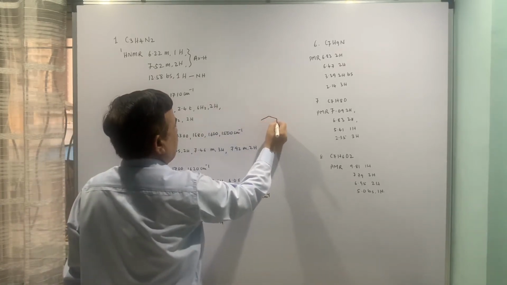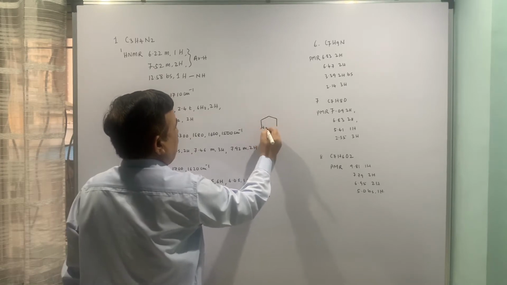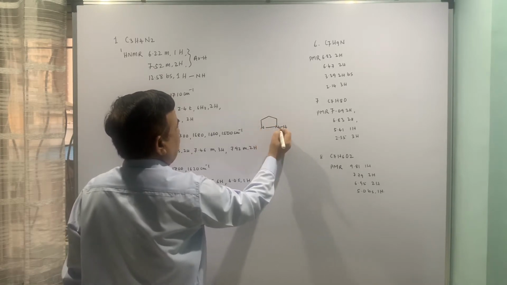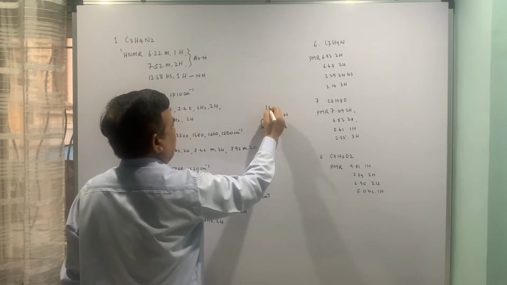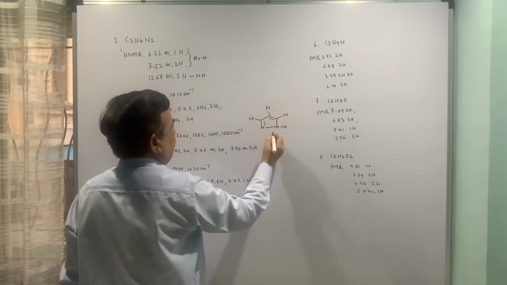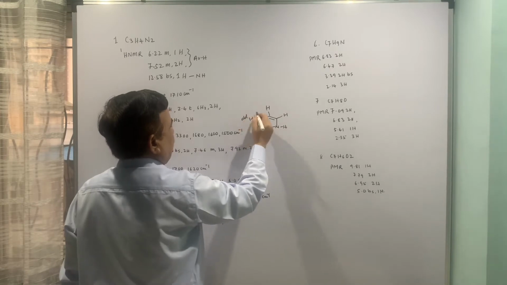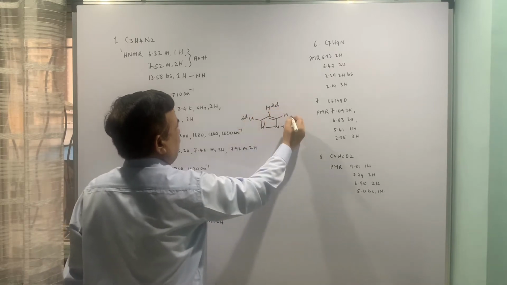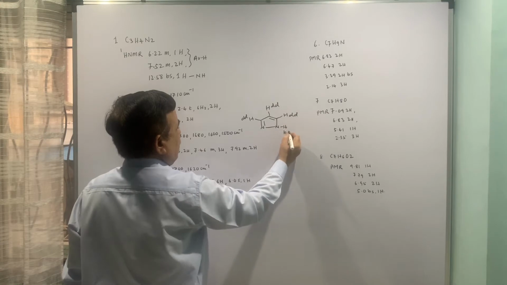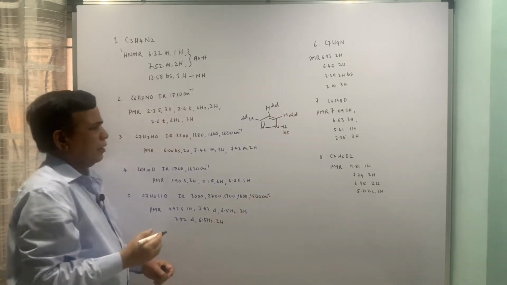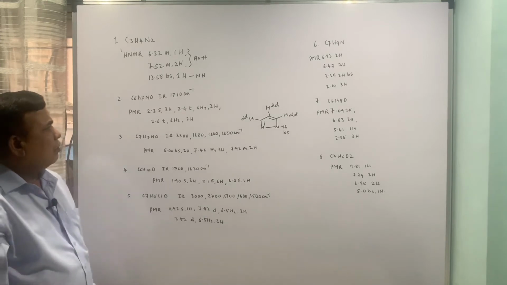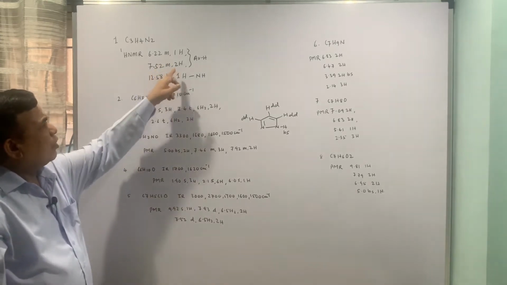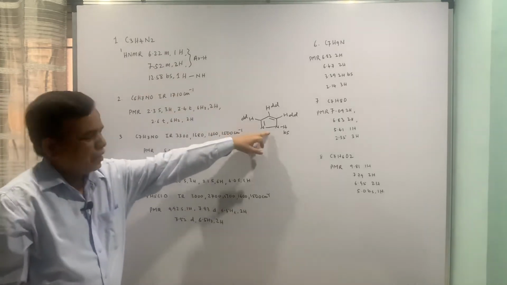I am just putting this structure over here, and NH, 2 double bonds. So these are the three aromatic protons we are talking about. Doublet of a doublet for this, doublet of a doublet for this, doublet of a doublet for this, and broad singlet for this. Okay. So three aromatic protons and 12.58 is for this.